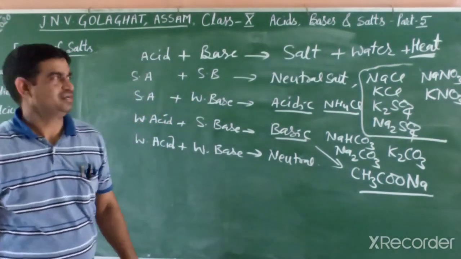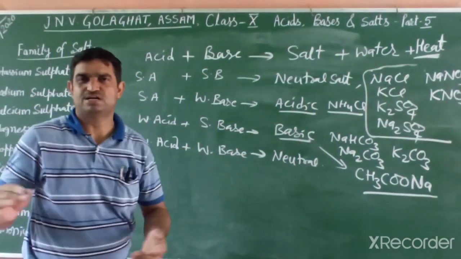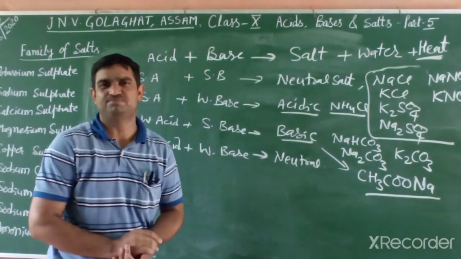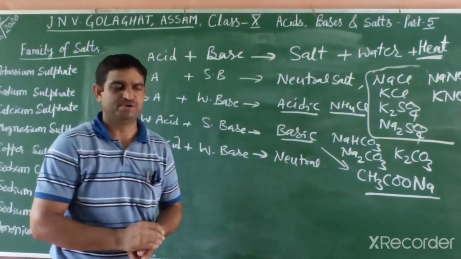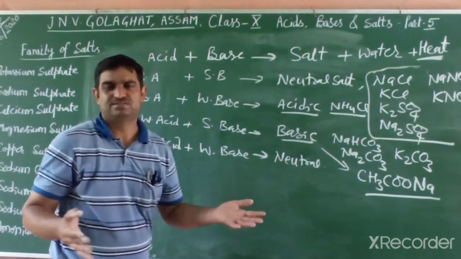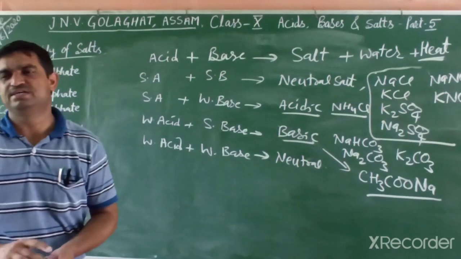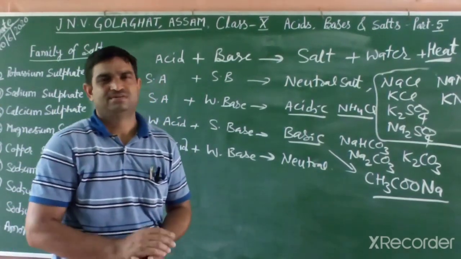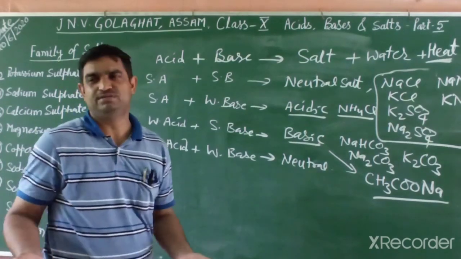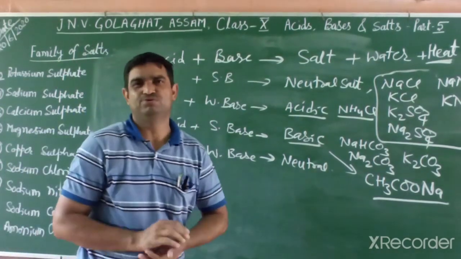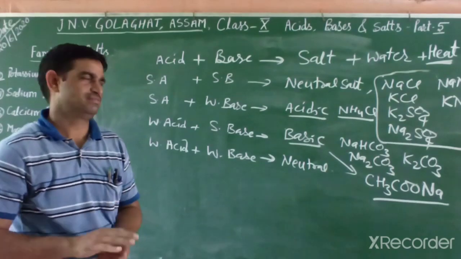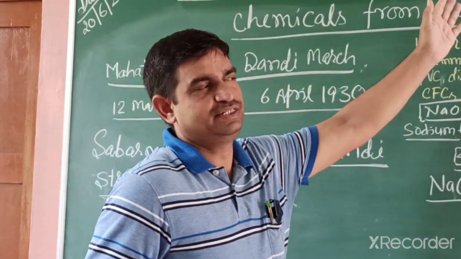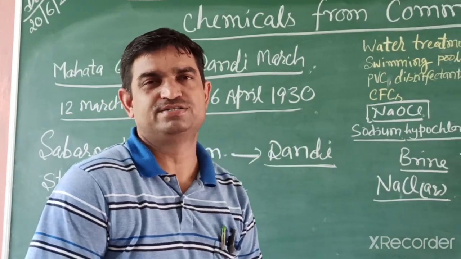So these are salts from acid and base. Some salts are soluble, some are insoluble, some are less soluble, and we can identify them by using litmus paper or pH paper. Some salts can easily be identified by their characteristic color. Generally salts are white, and the salt people normally know is sodium chloride, which is common salt or table salt.